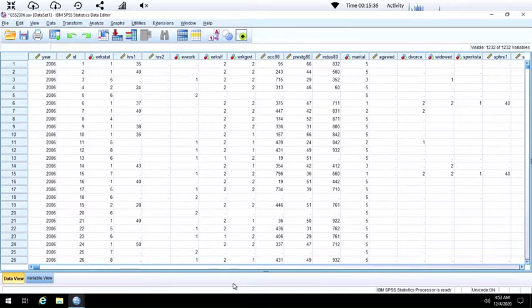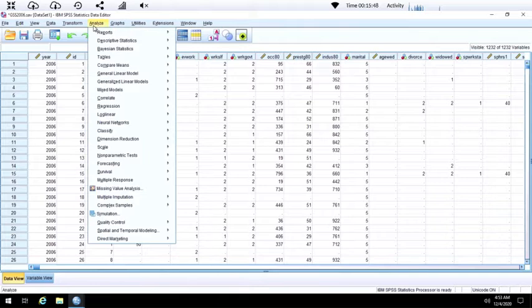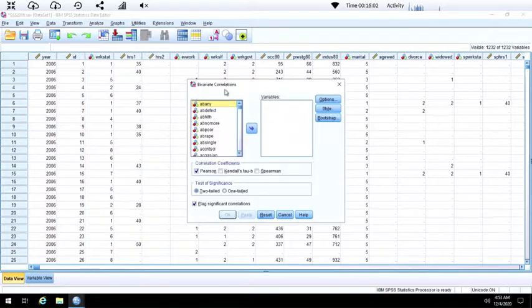This statistic is available in SPSS in the bivariate procedure. This is located under the Analyze menu, and if you go down and click on Correlate, then Bivariate, the bivariate correlations dialog box opens up, and we're going to place the variables that we are interested in correlating